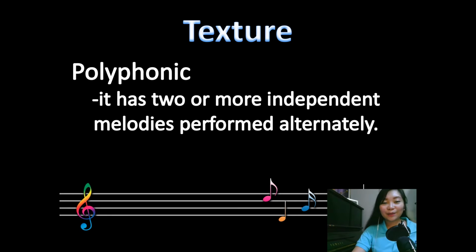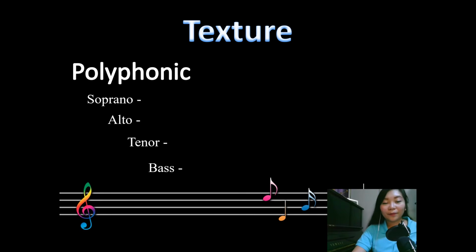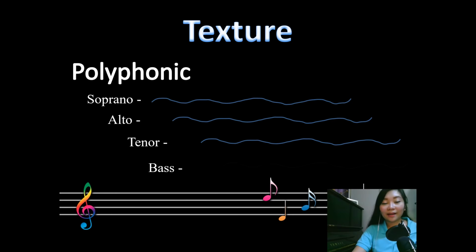And for our last texture, we have polyphonic. It has two or more independent melodies performed alternately. Now, the most common examples of this are canon and fugue, where the melodic lines are being performed alternately and repeatedly. In polyphonic texture, we have the soprano, the alto, the tenor, and the bass singing one after the other, or alternately. Now,